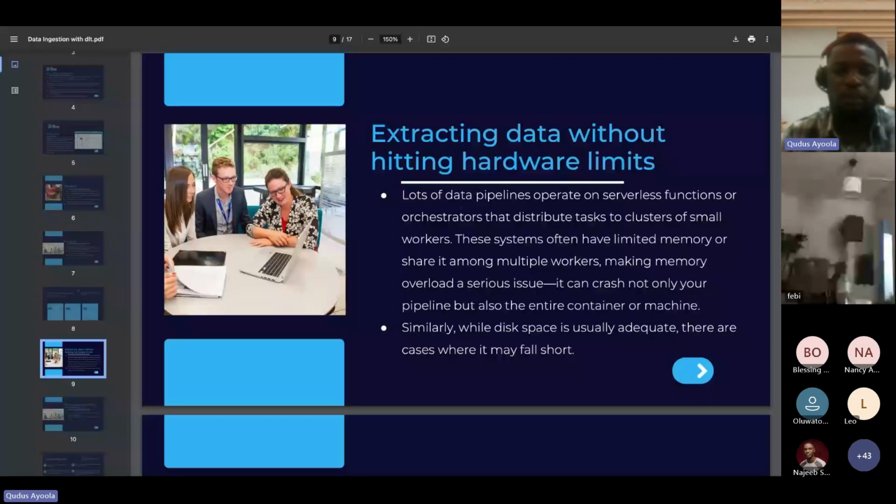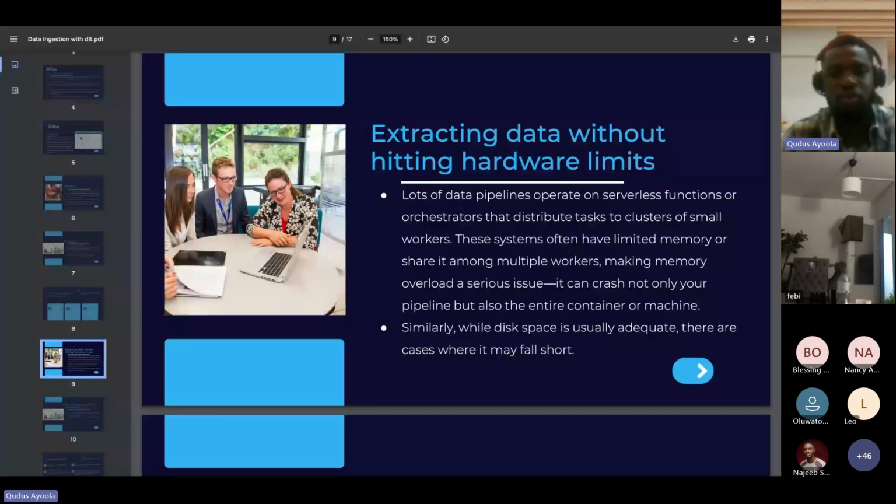A lot of data pipelines operate on serverless functions. So you could be using your orchestrator, like your Airflow, that distributes tasks across multiple clusters. So these systems have limits in their memories. Let's say you could be working on a 4 gig or 16 gig or 32 gig memory.